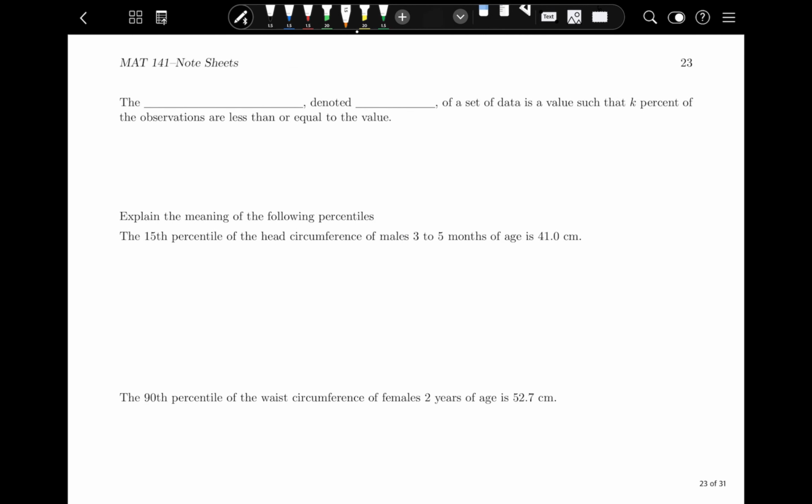Okay. Now the next ones are about how do we break up our data set into different size objects. So the first of these is called the percentile. So percentile, denoted P sub k of a set of data, is the value such that k% of the observations are less than or equal to that value. So for example, if this is my data, here's my minimum, and if this is P sub 1,